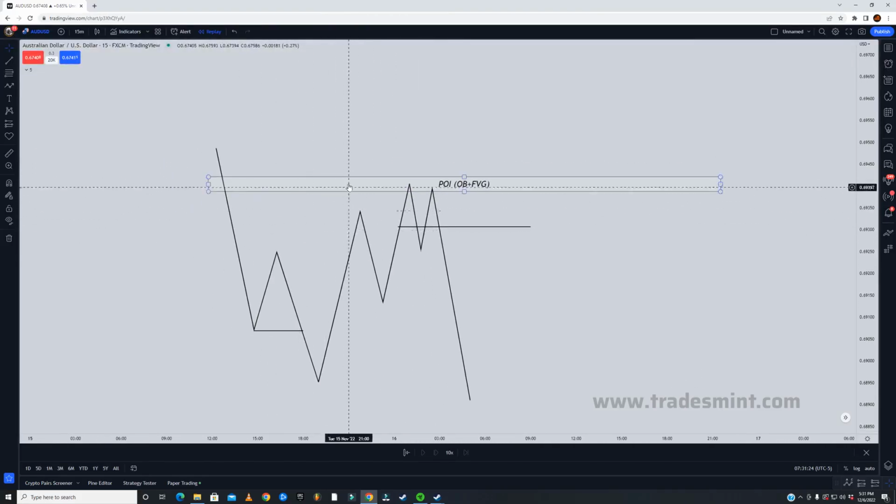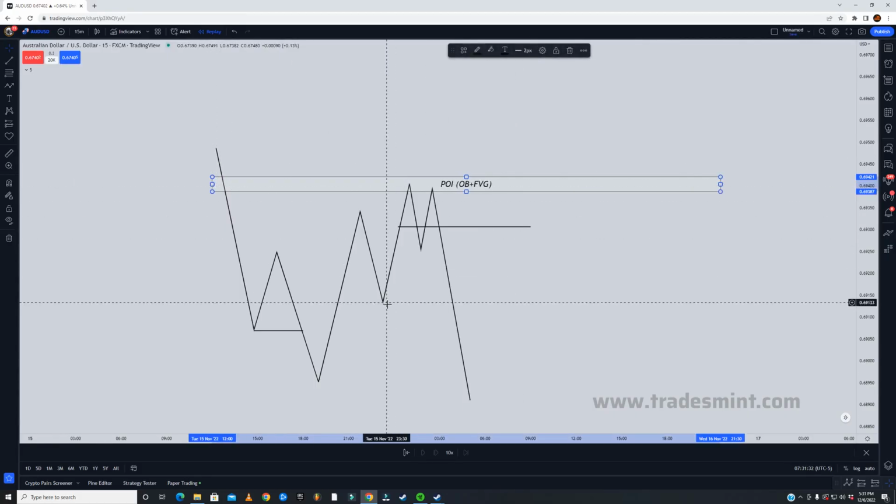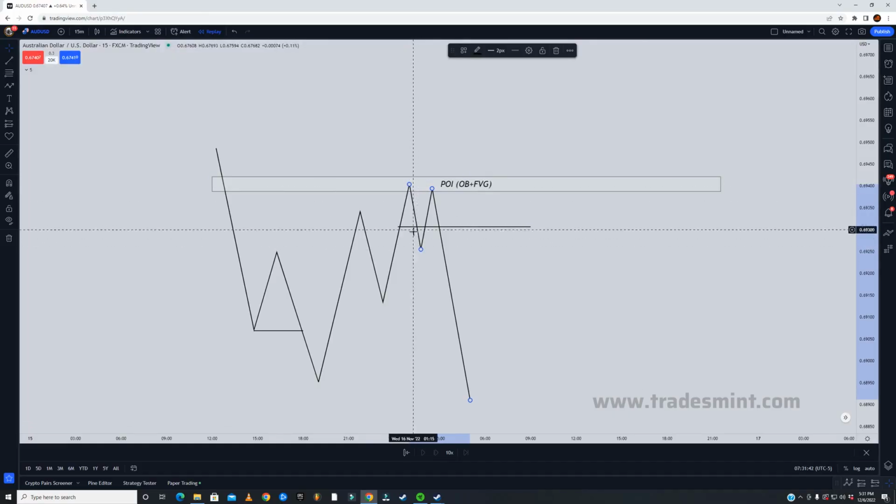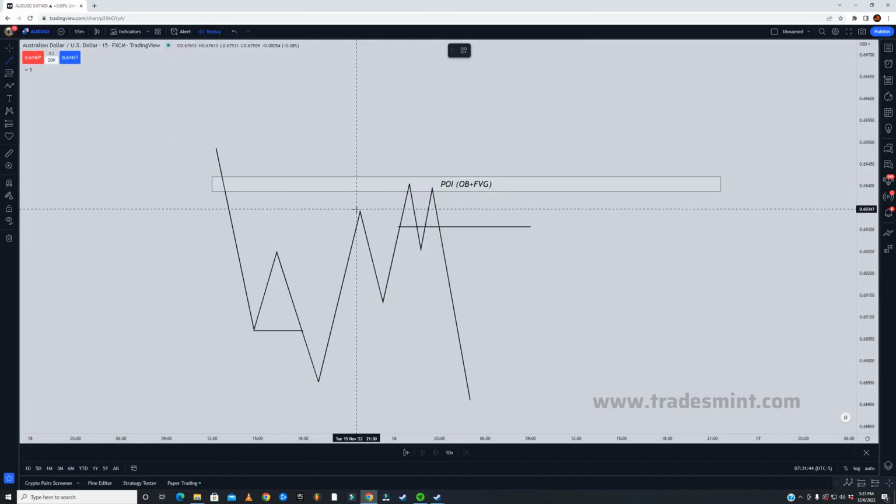All right, what you want to do is identify a POI. It could be an order block, it could be a fair value gap, on a high time frame, right? And then you wait for price to give you an ABC pattern near your POI, and the C leg goes into the POI, right? And when it does, then you can look for a market structure shift within the range,